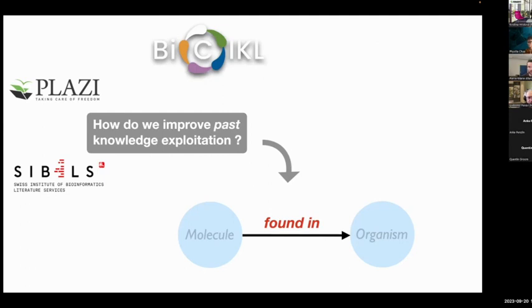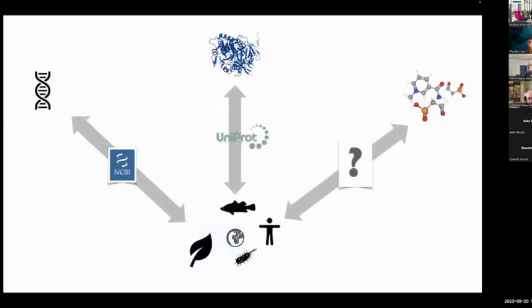So I'll start with the first part and talk to you a bit more about Lotus. First, why did we start building this Lotus resource? Well, we had this overview that there is a very good resource to find, let's say, genetic material associated to its producing organism, proteins associated to their producing organism, but the landscape is much more complex when you start to look for small molecules and their producing organism. You have a wide variety of databases. Some are commercial, some are of very limited taxonomical focus.